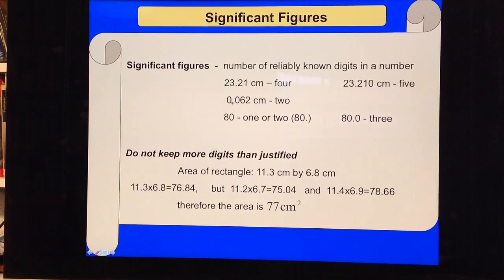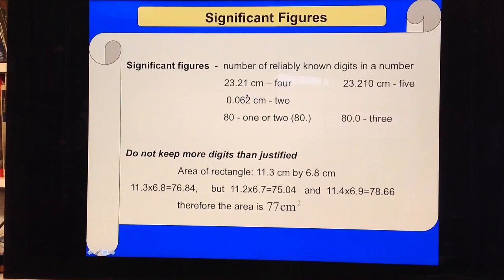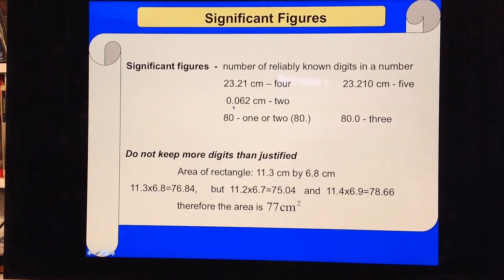Okay, now when the zeros come before, on the left, then they are not significant. See, when I write this number like this, 0.062 centimeters, the number of significant figures here is just 2, because everything that comes before is not associated with accuracy. Everything that comes before is just associated with the units. What do I mean here? You see, the number